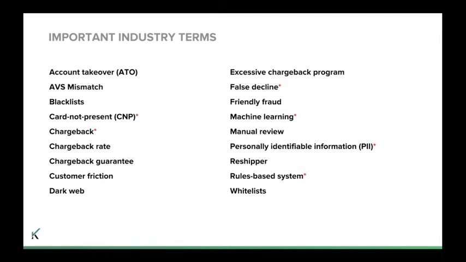We also have highlighted personally identifiable information, which just refers to any information which could potentially be used to identify an individual. So things like full name, passport number, and so on. Companies holding this PII, or personally identifiable information, on their servers have to comply with oftentimes government mandated security regulations just to safeguard this sensitive information. And for good reason, because it's a very common target for cyber attacks. Because this is what allows criminals to commit identity theft and enables fraudsters to better imitate credit card holders.